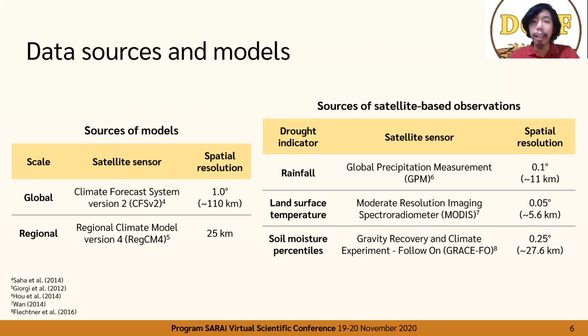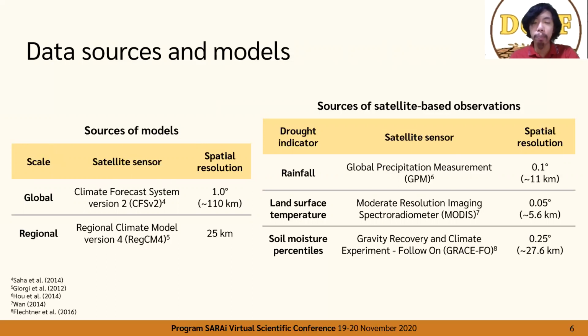We use global forecasts from the Climate Forecast System version 2 or CFS v2 at 100 km spatial resolution, then increase the resolution to 25 km using the Regional Climate Model version 4 or REDCM4. We use sensors from satellites to evaluate the forecasts, particularly the Global Precipitation Measurement or GPM for rainfall, the Moderate Resolution Imaging Spectroradiometer or MODIS for the land surface temperature, and the Gravity Recovery and Climate Experiment Follow-on or GRACE-FO